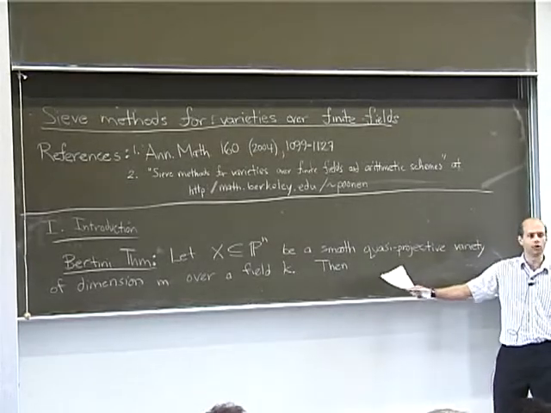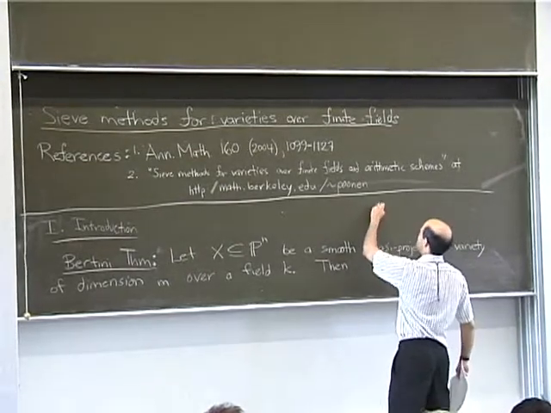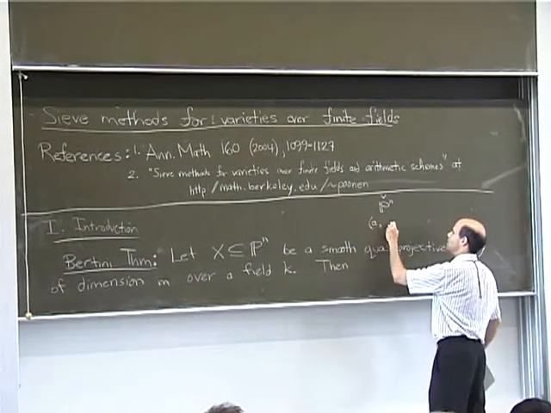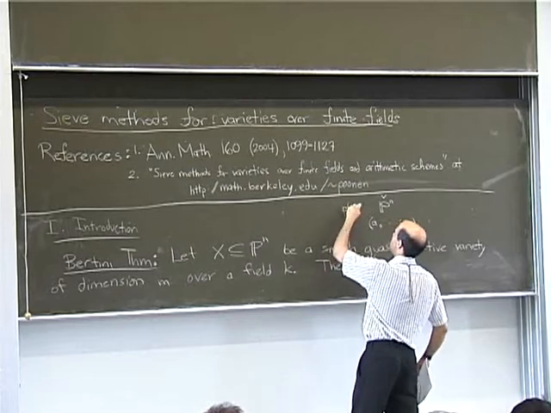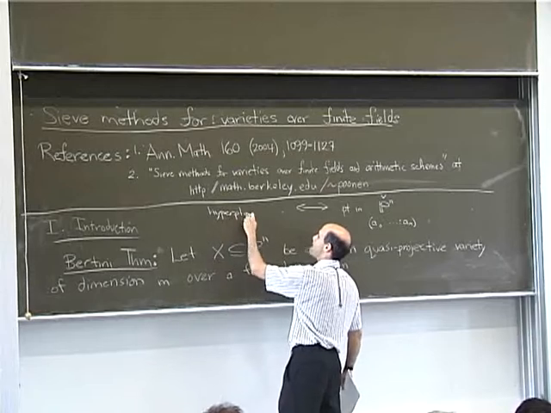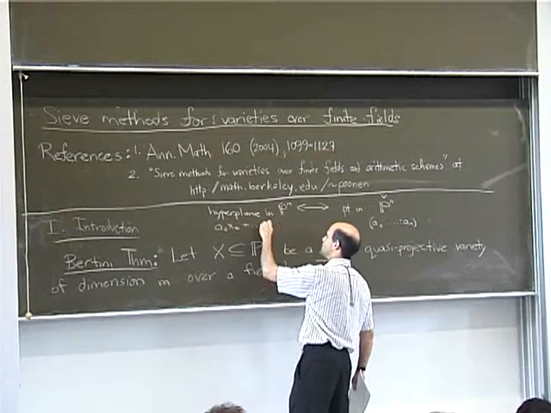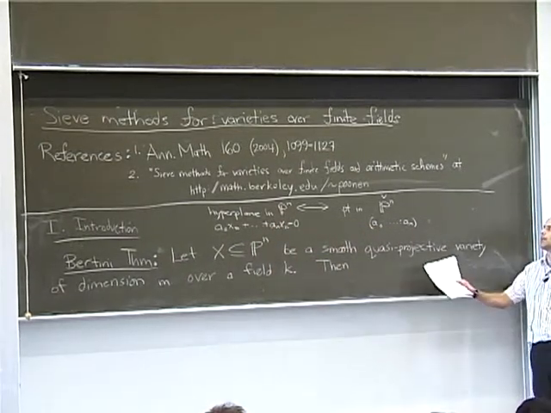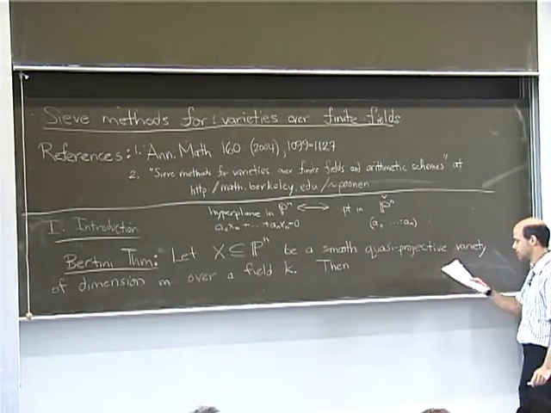And you can quantify what most means by looking at the space of all hyperplanes, which is a dual projective space. So maybe I'll denote it Pn dual. It's really just another projective space, but I'll think of a point in here as corresponding to a hyperplane in the original Pn, namely the one defined by the equation given by those coefficients. And so when I say most hyperplanes have the property, I mean there should be at least a Zariski dense open subset of such points.